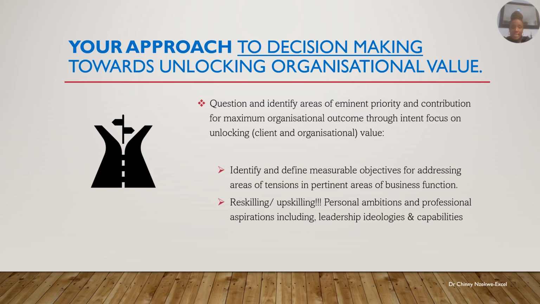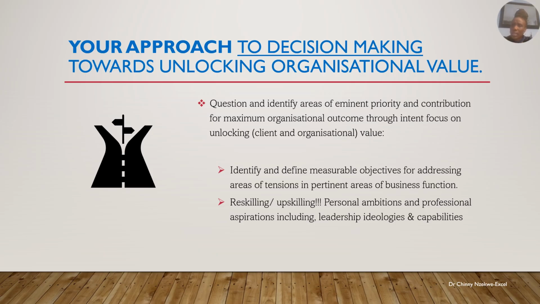Now, having identified an area of priority, let's start with one, and I'll show us an example in a moment. You now begin to define specific, measurable objectives for addressing that area of priority. I'll give an example as we move on. And then, having identified that area of priority, you're beginning to look at your team. Do we need to reskill? Do we need to bring in talent? What are my personal ambitions around this area of priority? What are the